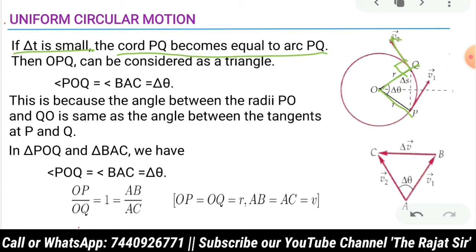Why? We know as per the circle chapter of mathematics that any tangent is perpendicular to the line joining the center to the point on the circumference of the circle where the tangent is drawn. So this particular tangent and this particular radius vector OQ are perpendicular to each other, and also the OP and this particular V1 tangent are perpendicular to each other. So what I am trying to say is that whenever two lines make an angle theta, then their perpendiculars will also make the same angle. It is just like this. This is a very important mathematical concept.